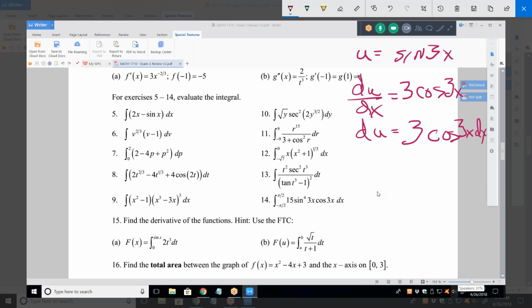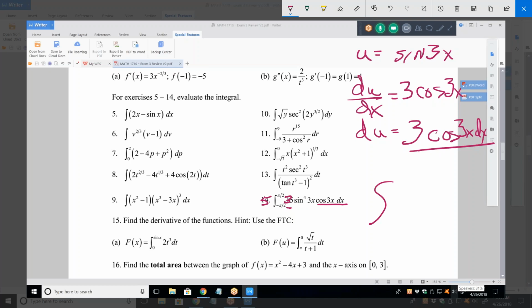Let's see if we can find that. There's the cosine of 3x dx. The only thing I'm missing is a 3. So let's put a 3 in here. In fact, how about if I take that 15 and turn it into a 3 times a 5? There's my 3. There's my 5. See what I did? Now I'm looking for that, and I see it. There's the 3 part of it. There's the cosine 3x dx part of it. So all I have to do is turn all that into du, and I end up with